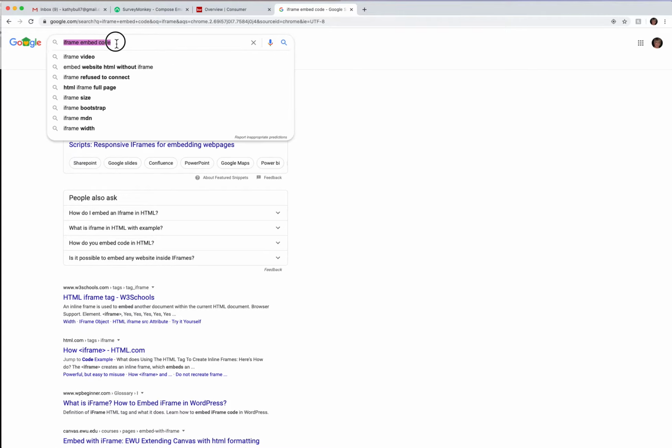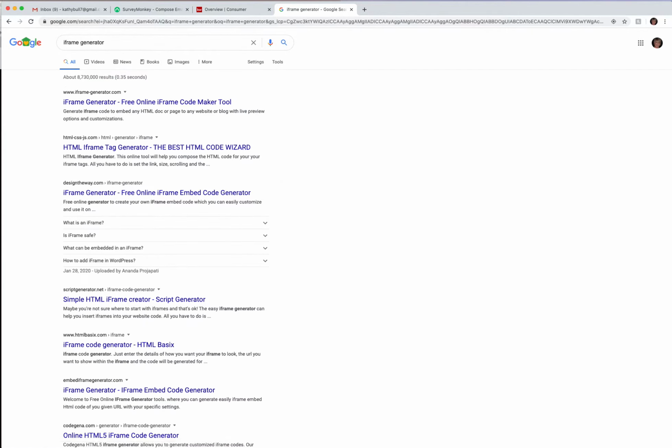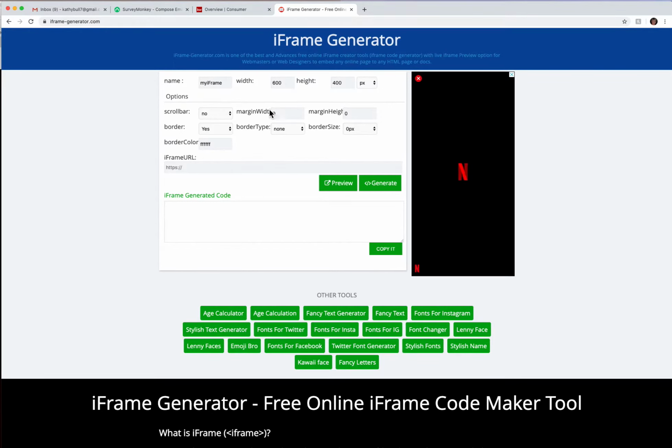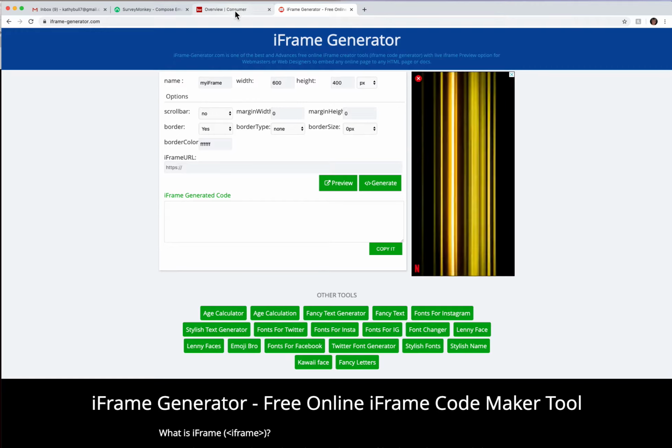Well, that's very strange. iframe-generator.com right there. And once you are here, we're going to leave this for a minute. I'm going to come back over to